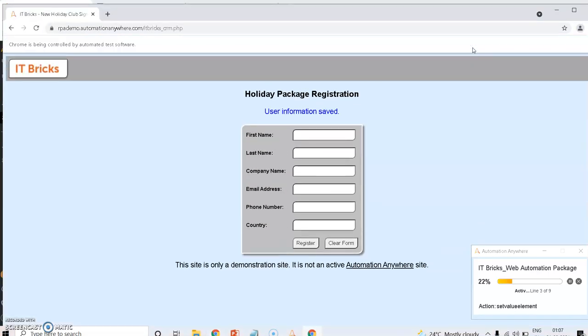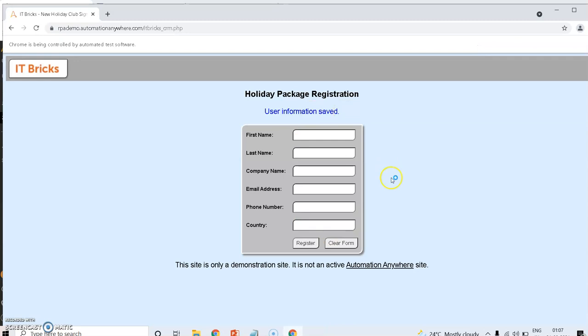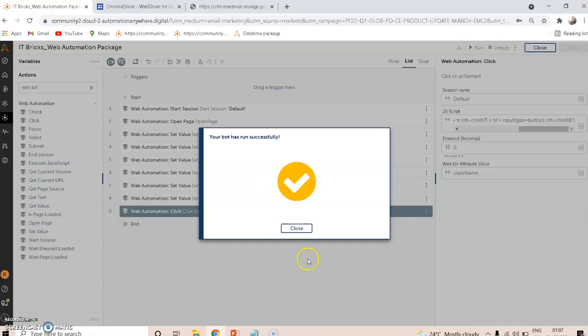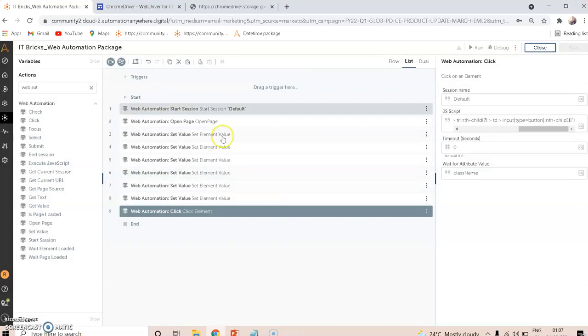So the web page starts the session, enters all the information and clicks the register button. This is how we can use the web automation package from the bot store.